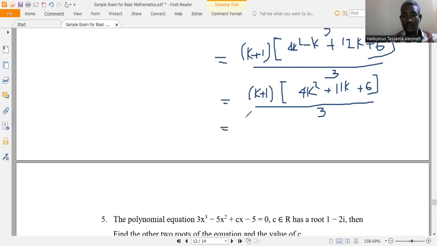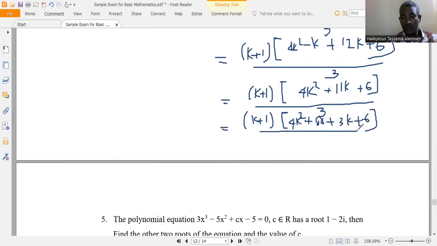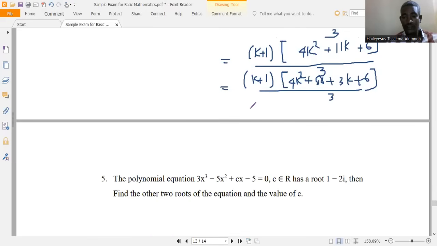So which is the same as k plus 1 times 4k squared plus 8k plus 3k plus 6 over 3. So which is the same as k plus 1 times